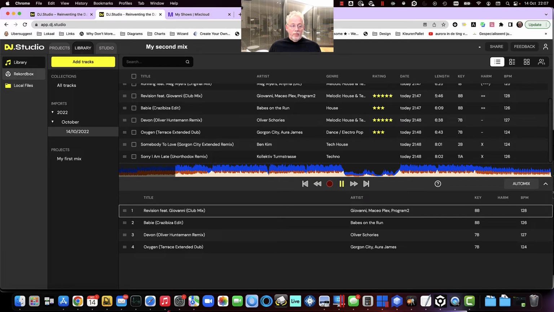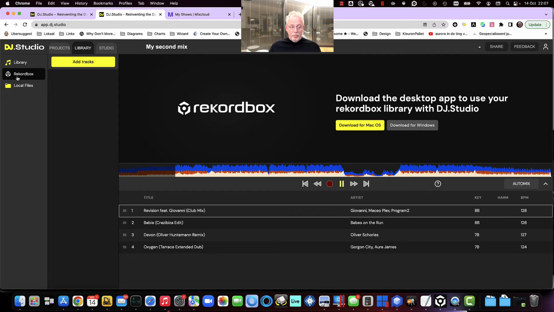Another thing we have is a Rekordbox integration. And that's really, really cool for you professional DJs out there. If you press the Rekordbox button, we have an option for you to download the DJ Studio app for Mac or for Windows. The DJ Studio app is installed on your local computer, but behaves exactly the same as the website. With one big difference: the website is not allowed to get access to your Rekordbox environment, but the local